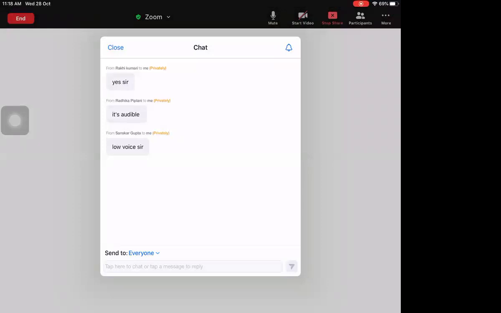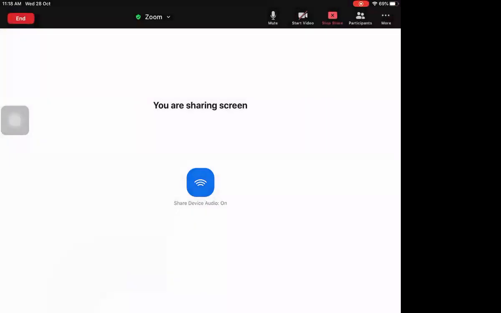Okay, so it's low voice. So okay, I can do one thing. I'm just going to also copy and paste this link. Okay, so what it will give you is the idea about this. It will explain how we are going to implement this loop in the case of this LabVIEW concept. Okay, so just give me 1 minute. I'm just going to copy this link and open it.